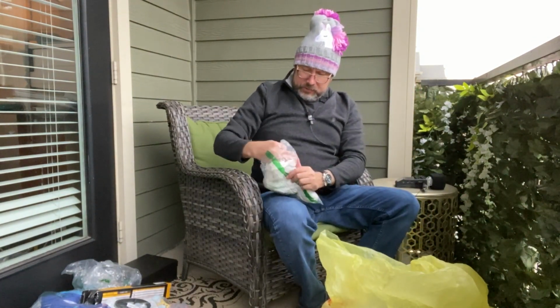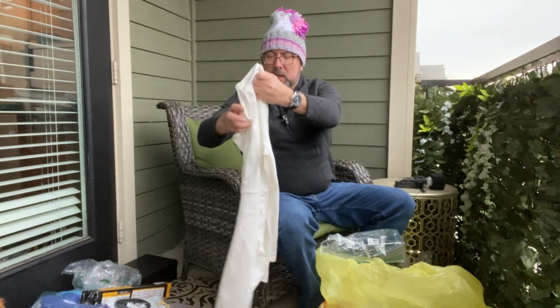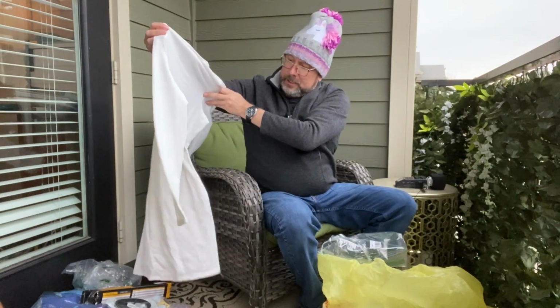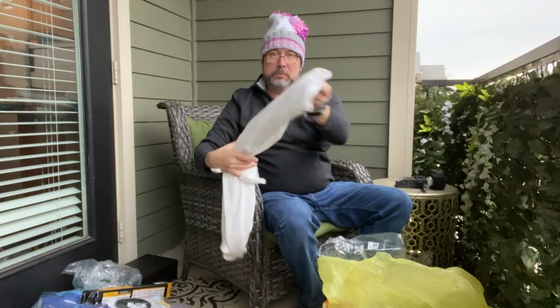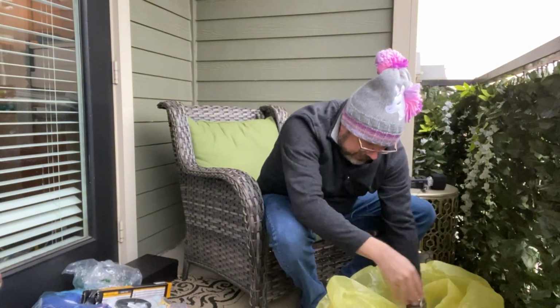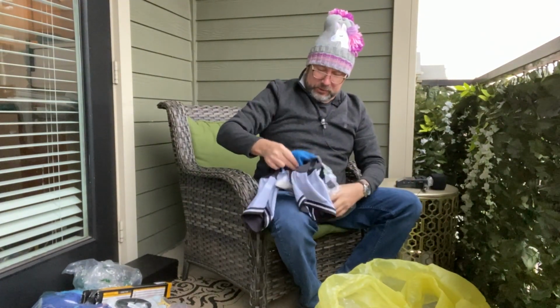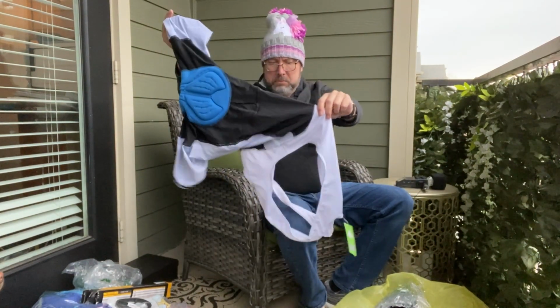But wait, there's more. This is all soft and soften that dressy thingy. We'll keep that. That could be good for the studio, but wait, there's more. There is this thing,